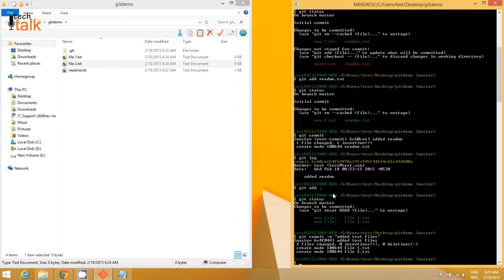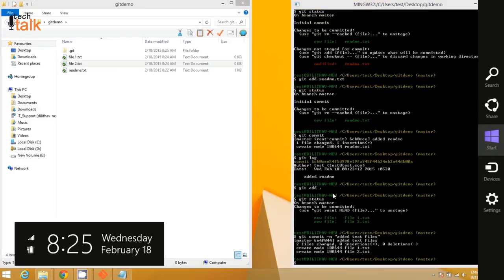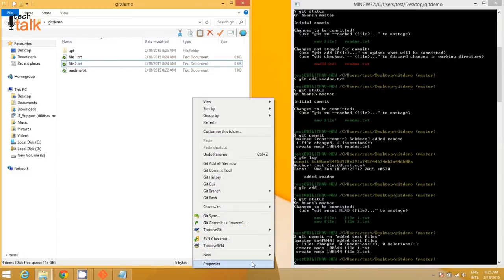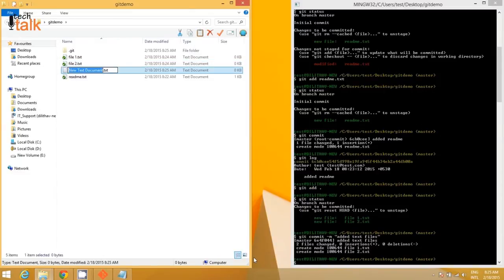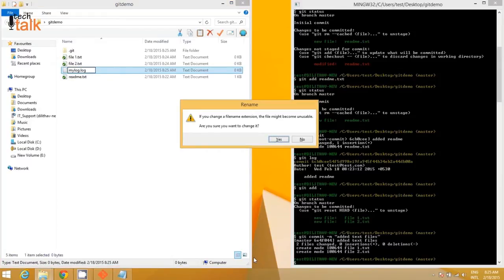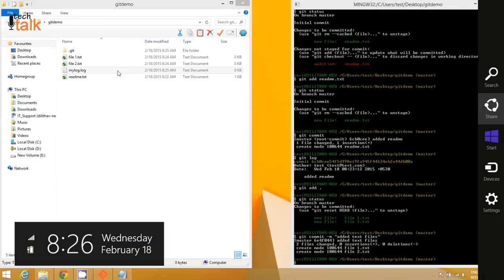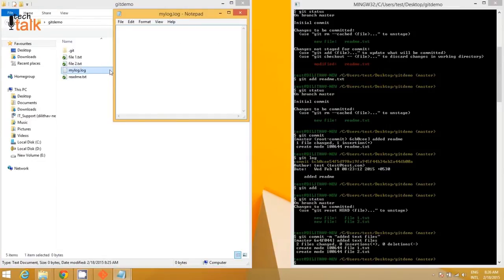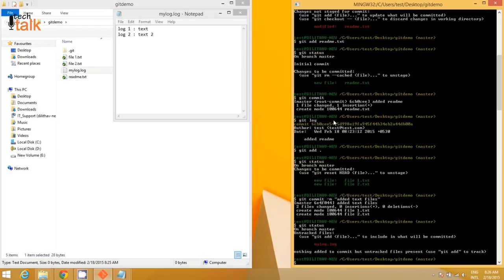Now let's say we have some other files which shouldn't be included in your commits. Let's say we have a log file and you don't need this log file to be recorded. We'll say mylog.log, and we'll add some messages here. Let's say log1, we'll add text, log2, text2, and we'll save the file and we'll issue git status, and you can see our file is ready